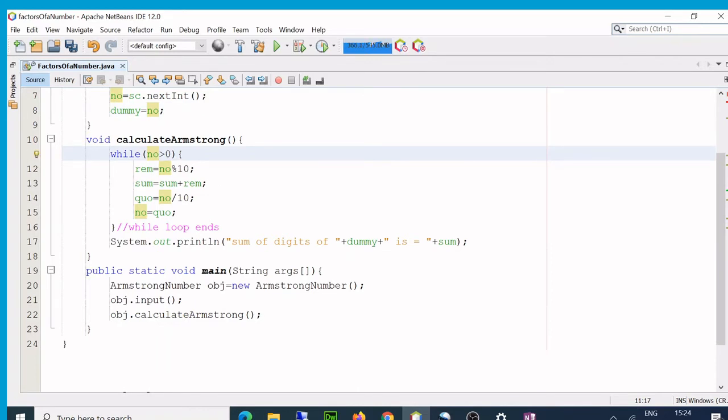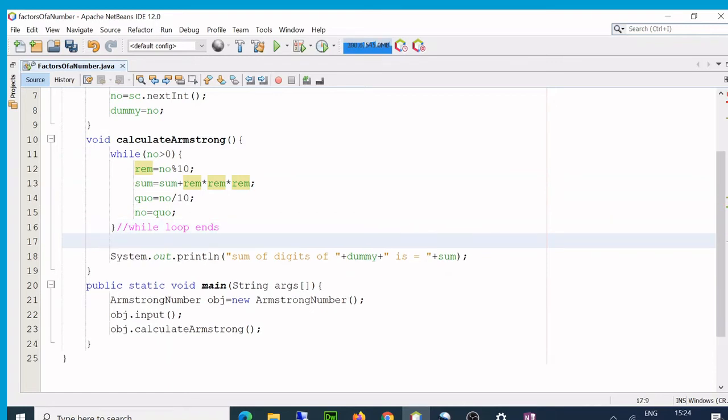See, the only change I have to make here is I have to just say rem into rem into rem, and here I have to use an if statement.